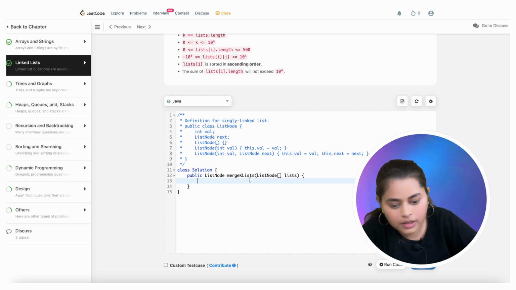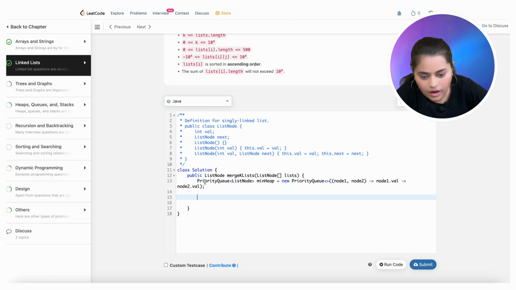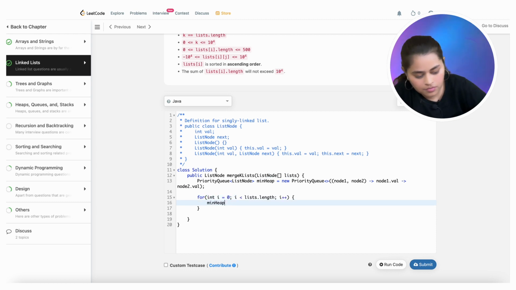So first of all, we'll be needing a min heap. So let's create a min heap: a priority queue of list nodes. After creating it, we'll traverse this array and add each of the nodes, min heap dot add list I, right?